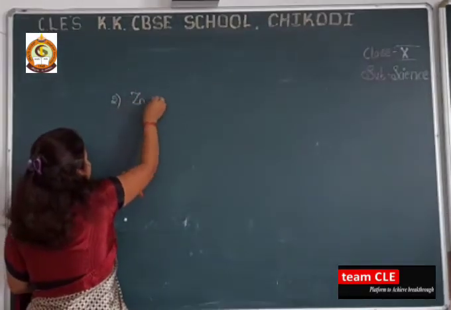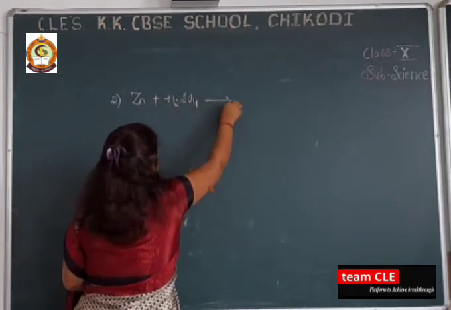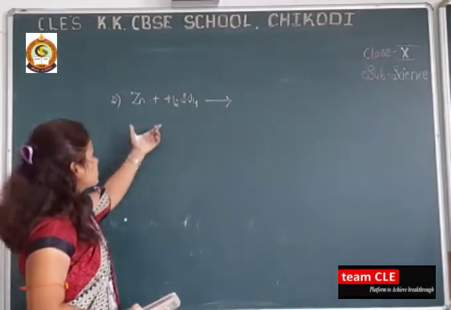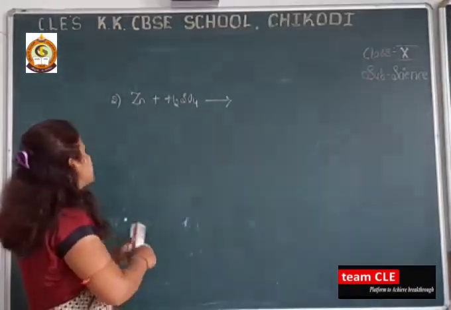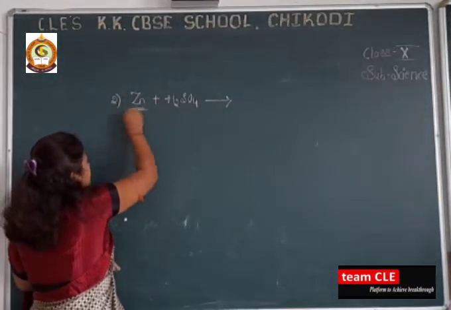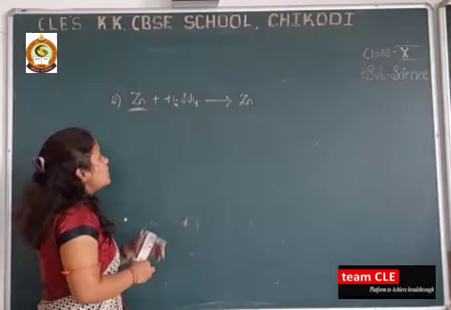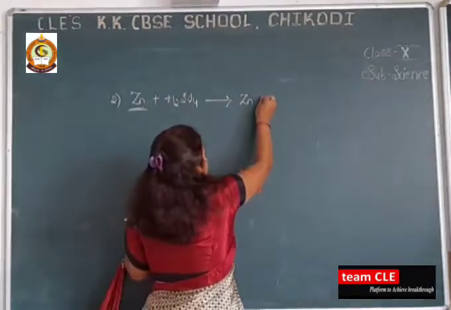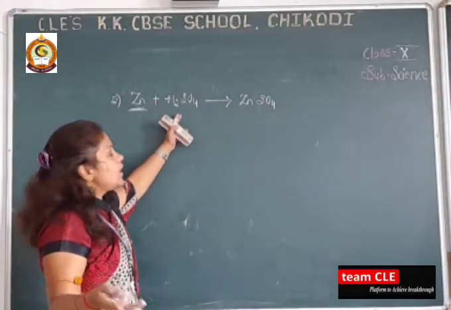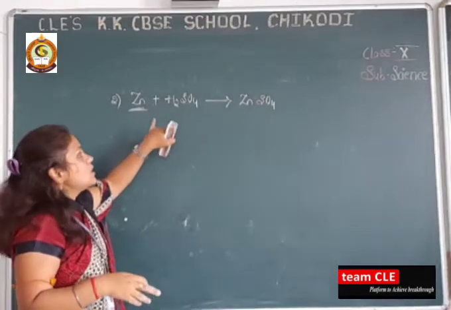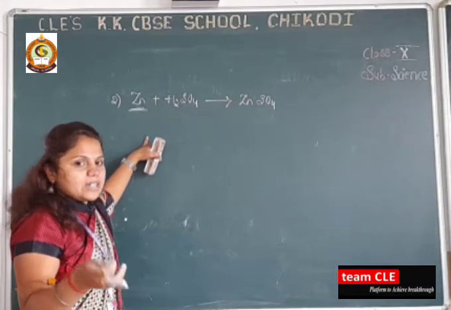So here, zinc plus H2SO4, this is one of the strong acids. So dear students, when you are carrying out this type of chemical reaction, always write the positive element first. Okay, so here Zn will form zinc sulfate, ZnSO4. The theory will be discussed afterwards, because this same concept we have to learn in the acid base concept as well as the metal and non-metal concept.